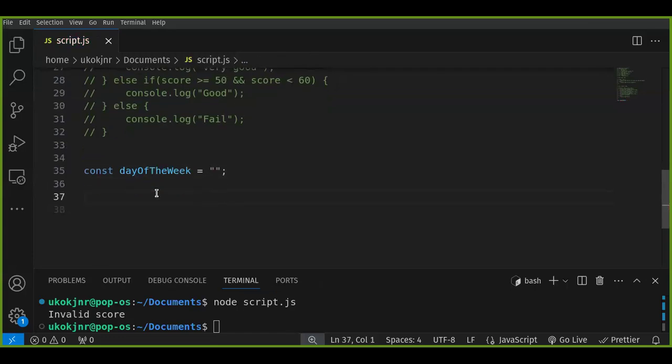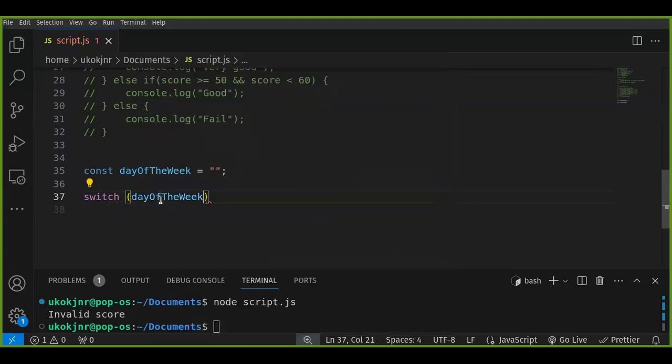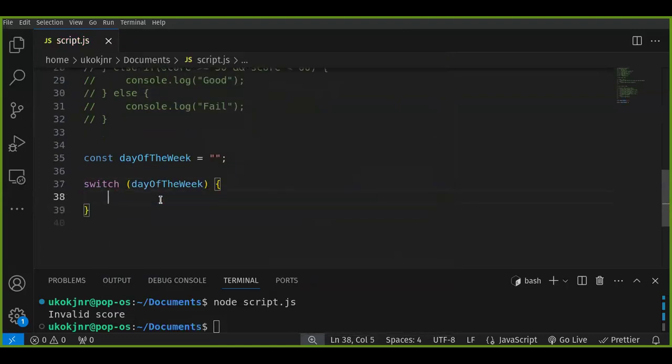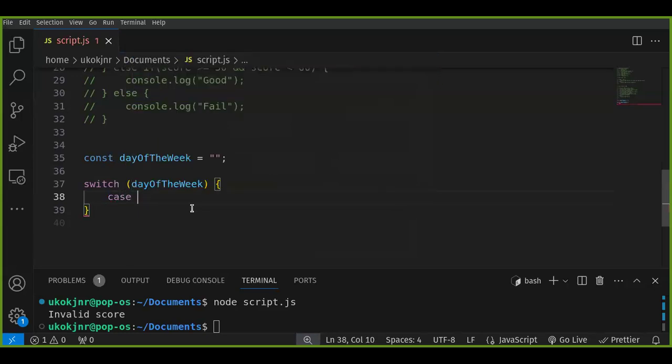This is how you write your switch statement. You say switch, and then you have your expression, which is maybe the day of the week, for example. Okay, you say day of the week. And then you now have your cases here. So in the case where the day of the week is Monday,